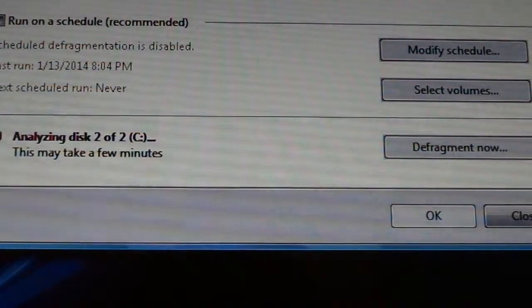Now I'm going to close this down. Okay. Alright, so I showed you how to get into and start disk cleanup and disk defragmenter. Okay, so now